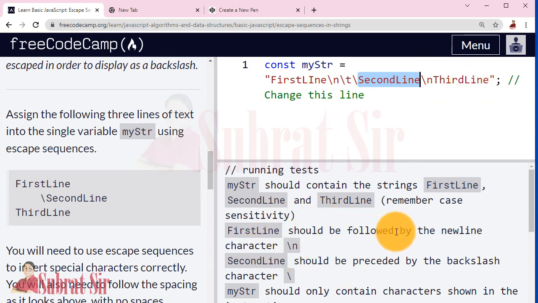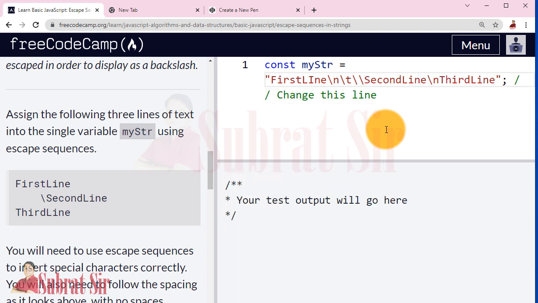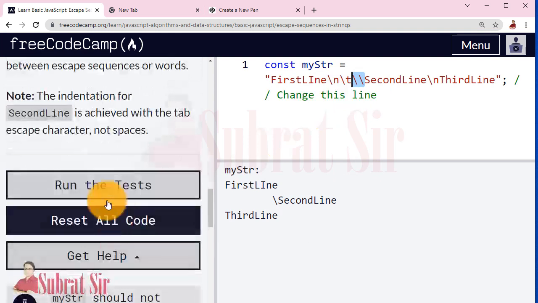Okay. First line should be followed by the new line character \n. Yes. Second line should be preceded by the backslash character. Okay, so for the backslash character we need two slashes. Yes. mystr, first line, second line, third line. Okay. So to get the backslash character we need two backslashes.